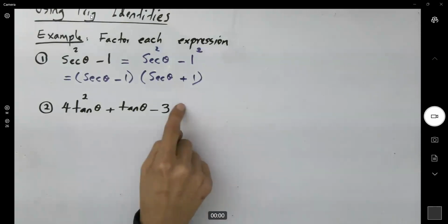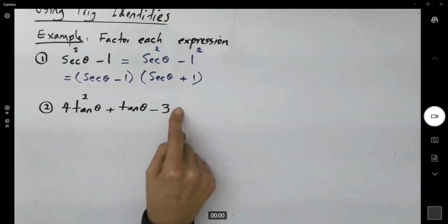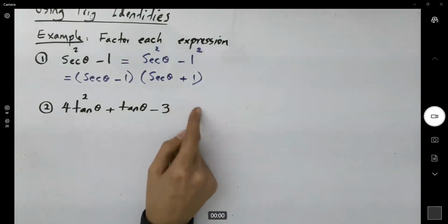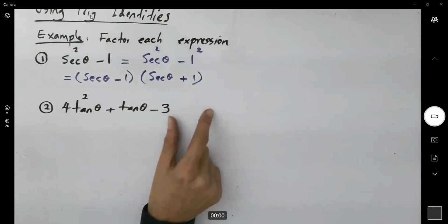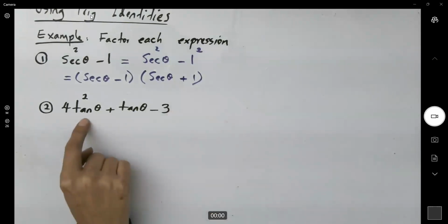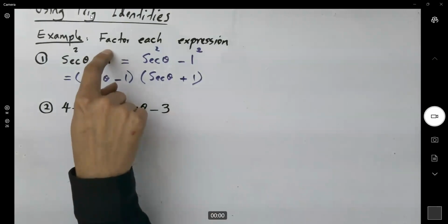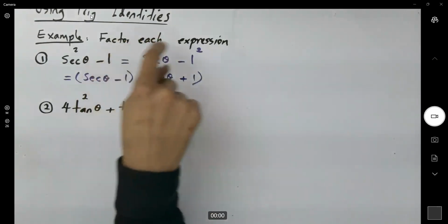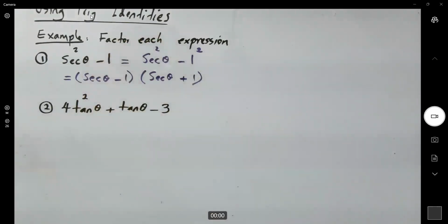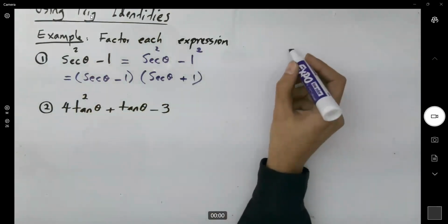Guys, there is no equality on the right hand side. It's not equal to 0. It's not equal to any number. It's not an equation. This is just an expression. We want to write this expression in factored form. Well, let us go back to algebra. From algebra,